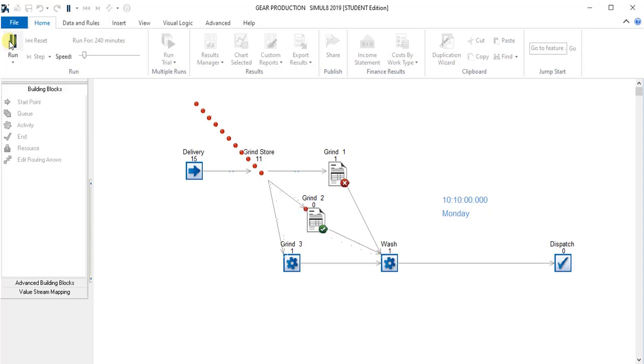Alright, we're running the model, and we can actually see the grind 1 showing a working, grind 2 showing as working, grind 2 showing as not working, and grind 1 showing as broken down. So my changes are taking effect,